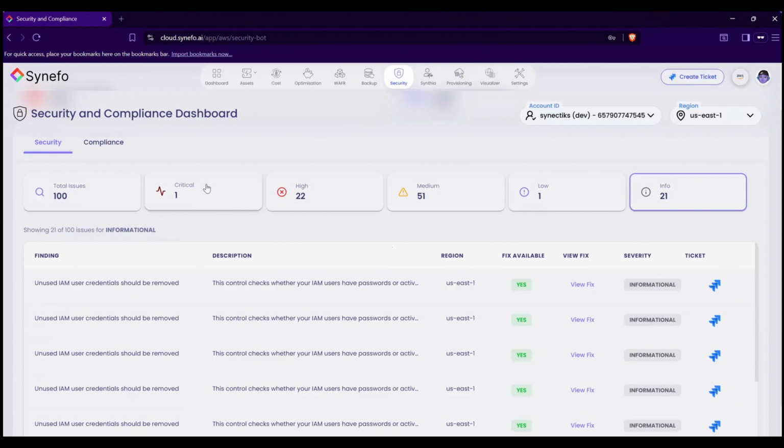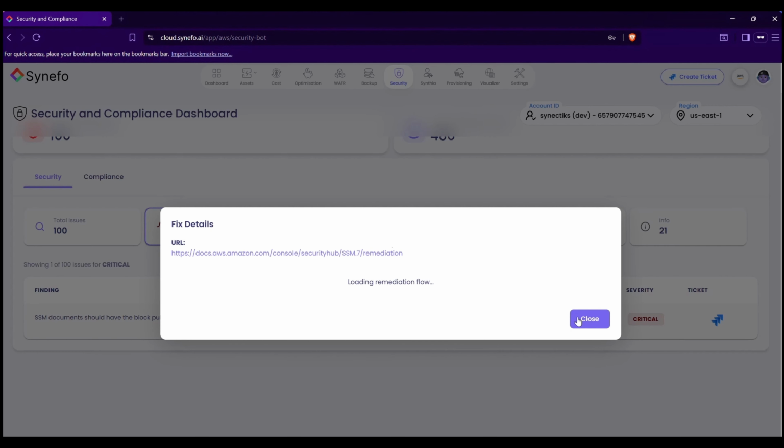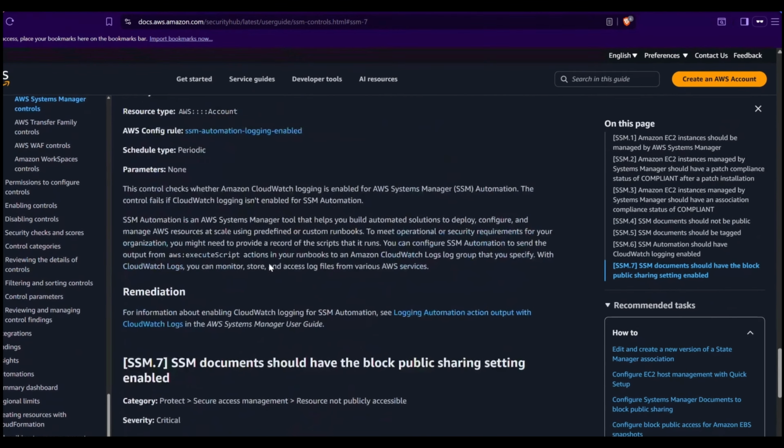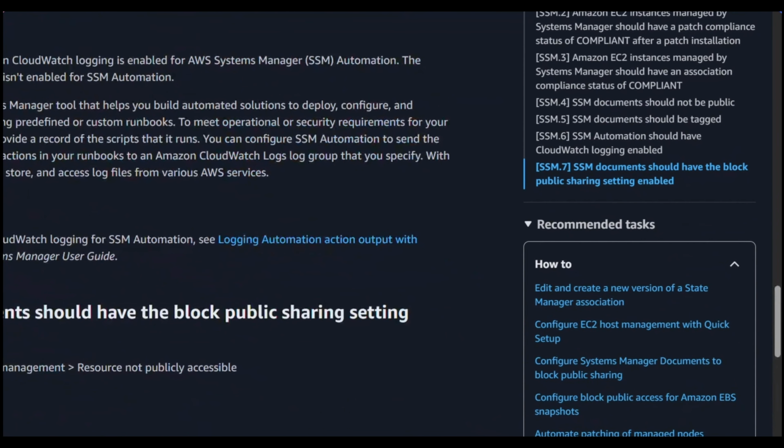Head back to the Critical tab, pick a finding, and hit View Fix. A modal pops up with a remediation URL, though a flowchart isn't available yet. Follow the URL to the official AWS documentation for comprehensive remediation guidance, then return to the dashboard and dismiss the